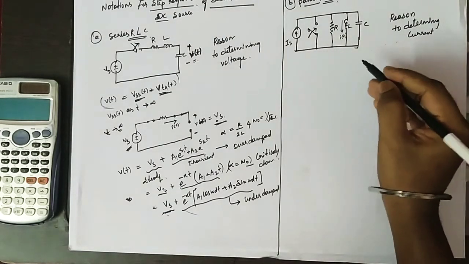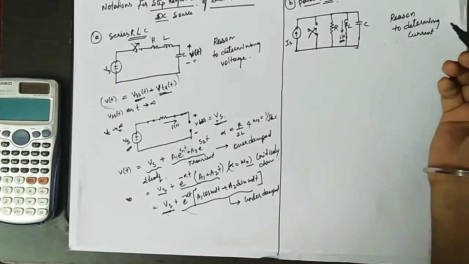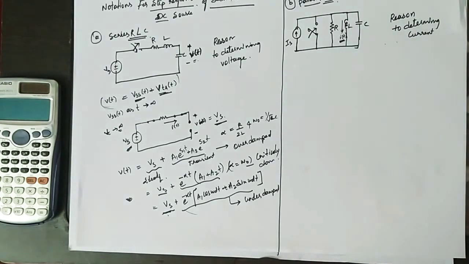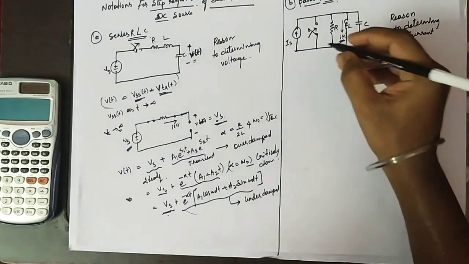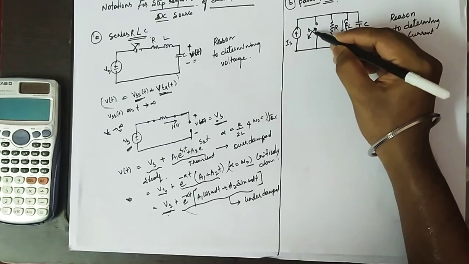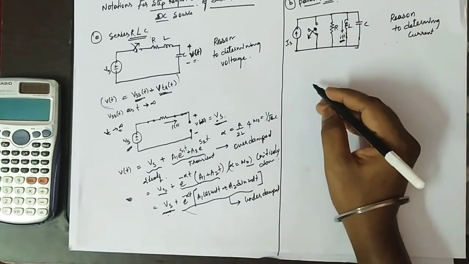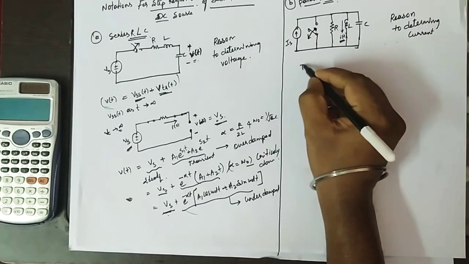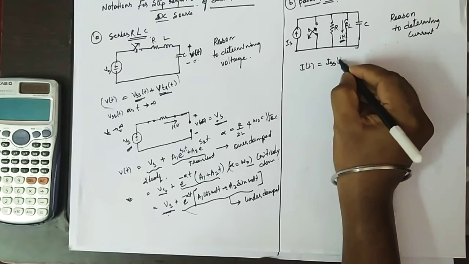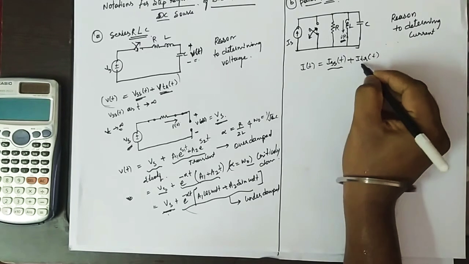And now coming to the parallel RLC circuit, here we are intending to find the current through that inductor. In steady state, the switch is closed. Then we open the switch, which means the source will be removed. If you observe carefully, at steady state the response i(t) can be written as i_SS(t) plus i_TR(t), that is the steady state and transient components.